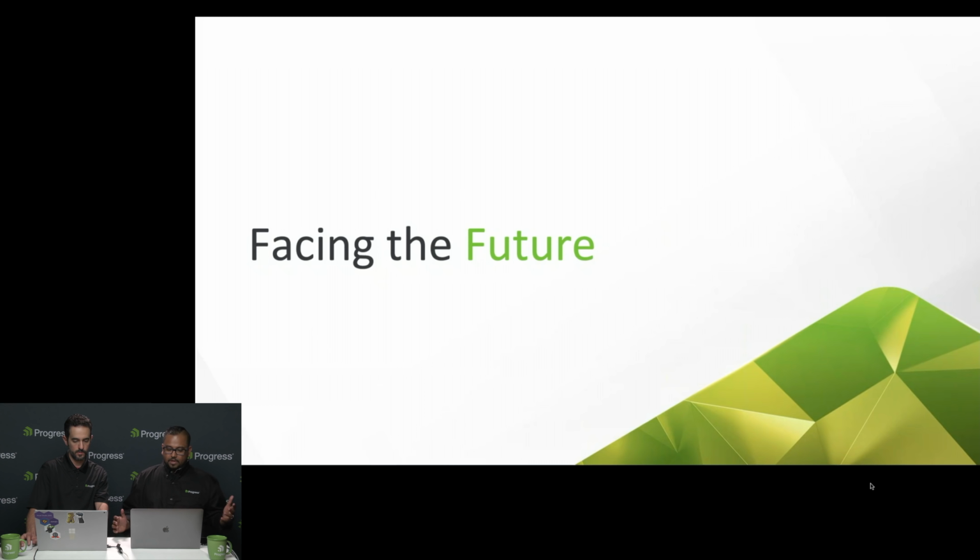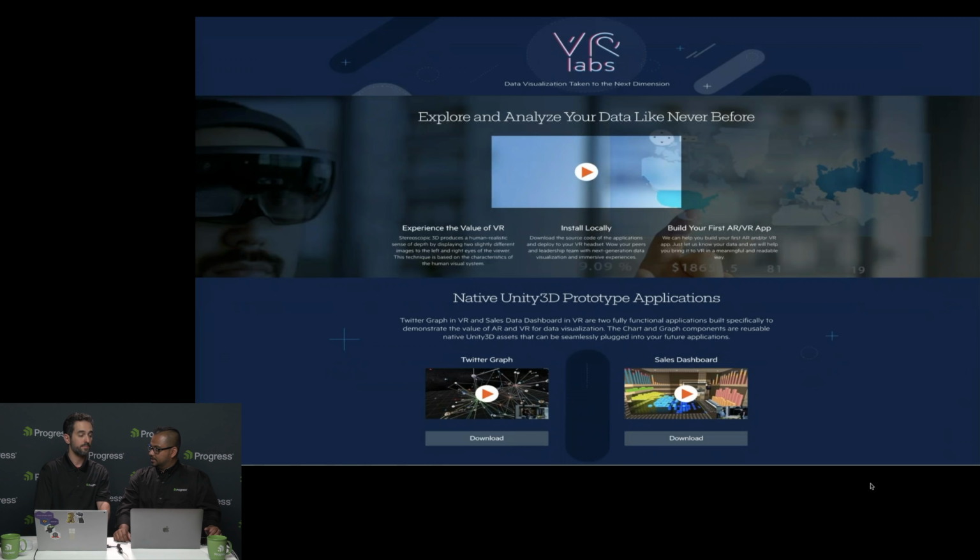So AR VR is big, right? It's often considered the next iteration of human computer interactions, and we want to make sure that we are partnering with developers to provide solutions out of the box. So we have our innovation labs, we have our VR labs, and we have been busy trying to do what we do best, which is data visualization with our charts and graphs. How would you visualize our charts and graphs in a 3D interface? And it's just a whole different